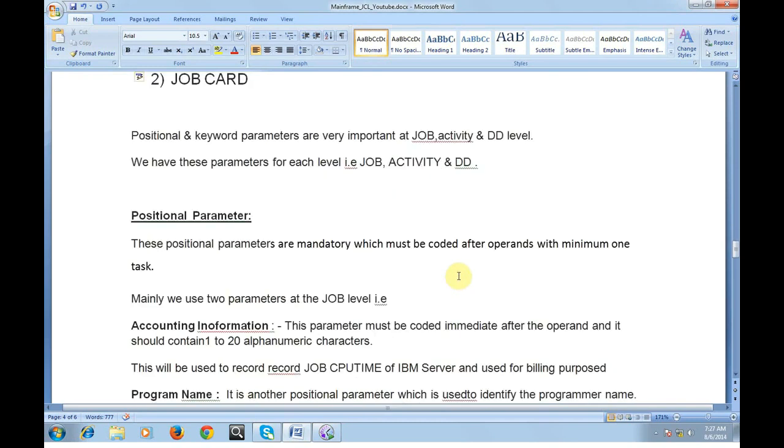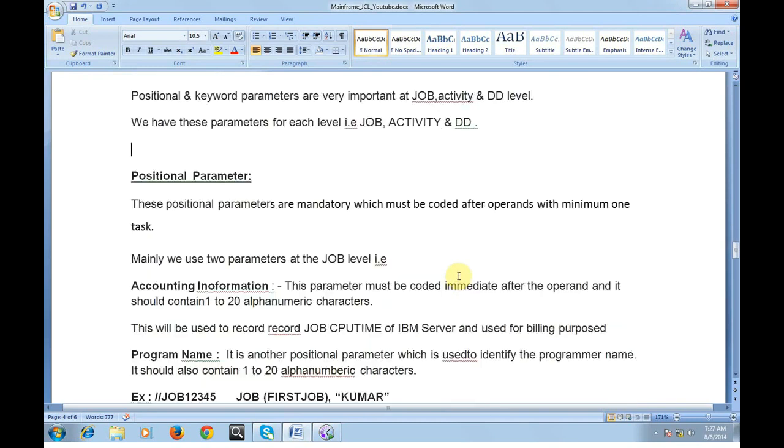Let's look into more details about the positional parameters. These parameters are mandatory and must be coded after the operand, with one task. Mainly we use two parameters at the job level: accounting information and another is the programmer name. What is meant by accounting information?